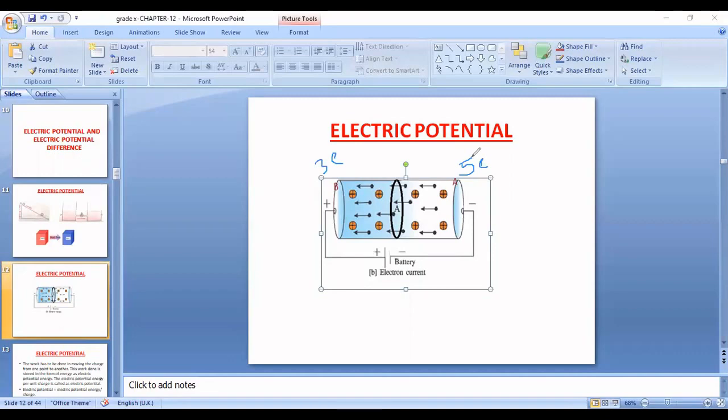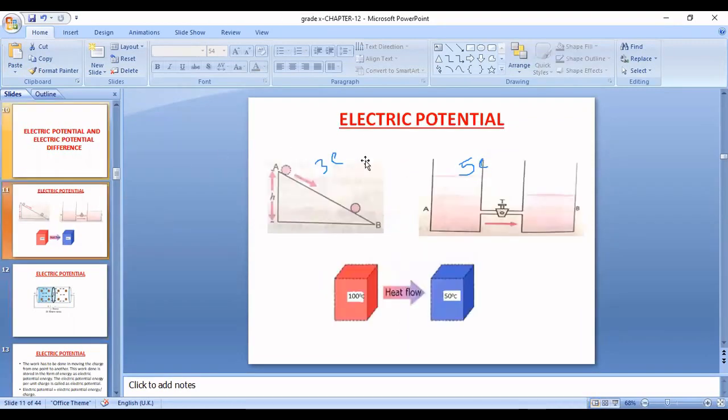So this charge, as we can see, there are 5 electrons, means at point A there are 5 electrons, concentration of electrons is 5. Another thing we have to note here, we will go back to our previous slide, right? For this, here we have seen these 3 examples, but another thing we also have to note here is that